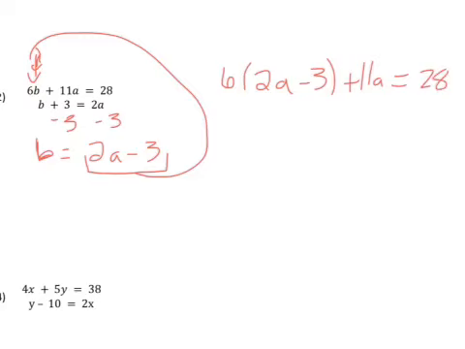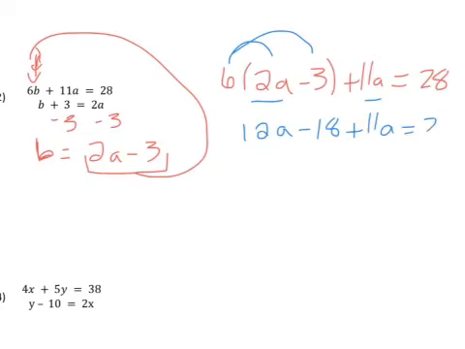Okay, now notice, again, just like in the last example, I only have one variable in my equation. I've got a. Now it's in 2 different spots, but there's only one type of variable. So now I'm just going to use our techniques to solve this. So start by distributing. So we get 12a minus 18 plus 11a equals 28. Next, I'm going to combine our like terms. So we've got 12a and 11a, that's 23a minus 18